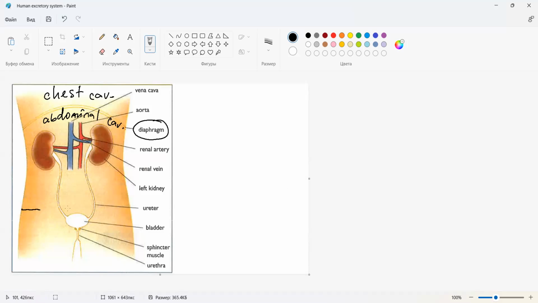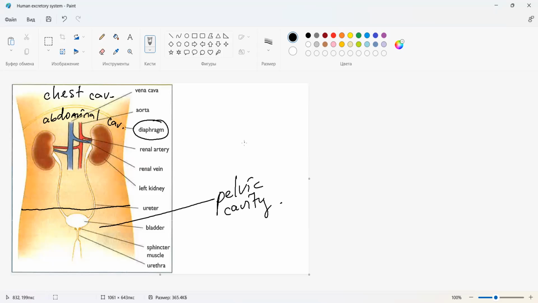So I'm drawing an arrow, let's say, so this arrow separates, it's a border between the abdominal cavity and the pelvic cavity. So this space is known as the pelvic cavity, because this region is also known as the pelvis, the pelvic part. We know that the bones in here are known as hip bones. And inside of these hip bones, we have a space, a cavity, known as the pelvic cavity. And in the pelvic cavity, we can find different structures, mostly organs of the urinary system or excretory system, and organs of